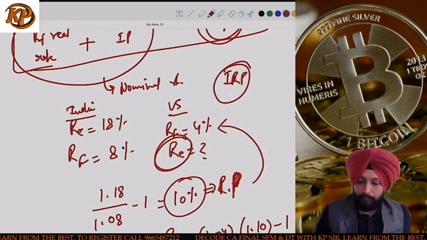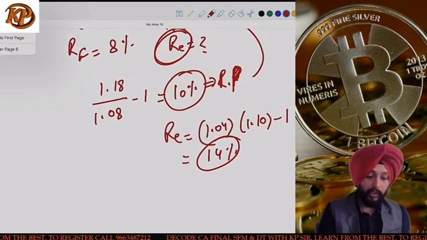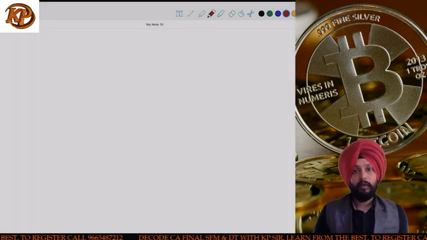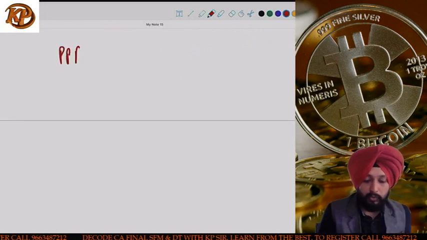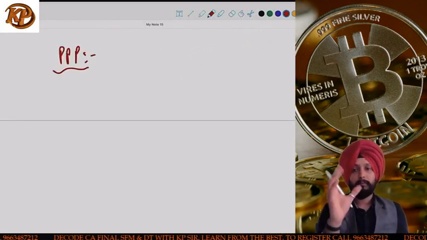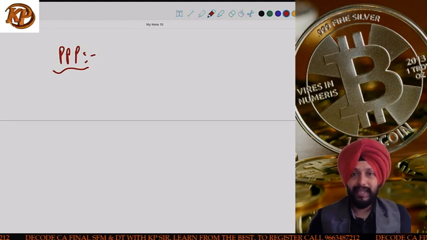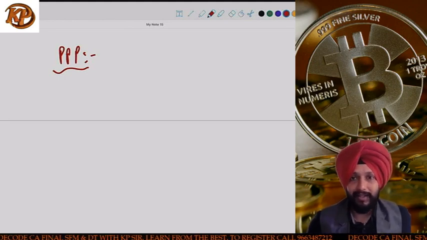Now, after this, the next important theory that we studied was triple P. If you remember, I told you that if you know IRP, then triple P becomes very easy. What is the bottom line, the main crux of triple P? Triple P says that if the country has higher inflation,